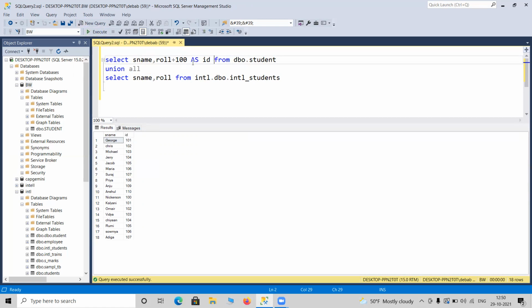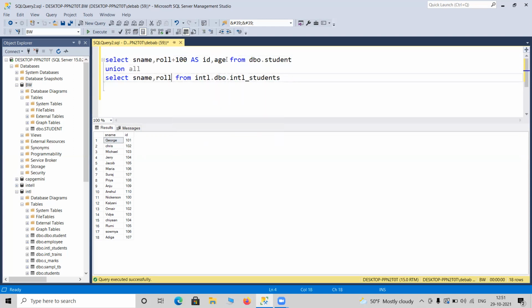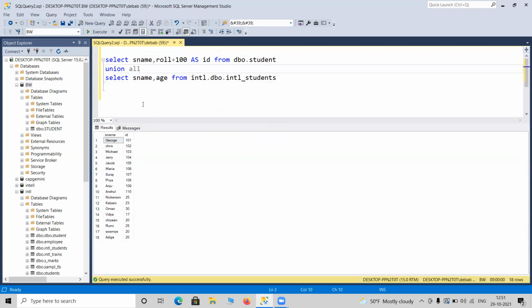I can combine multiple columns. I can even introduce some new column like age, here as well, age. It is not necessary that you match age with age. You can match role with age as well, because age is also an integer. So you can match anything. SQL Server will never know what you are trying to combine. Whatever you are doing, it will just show the output on the screen. That's all. But the two conditions it will impose, which I have already told: the number of columns should match and the type of the column. Anyway, we will not do something weird.